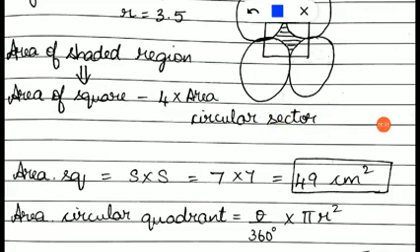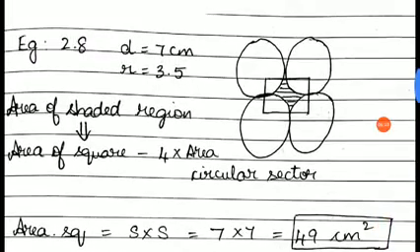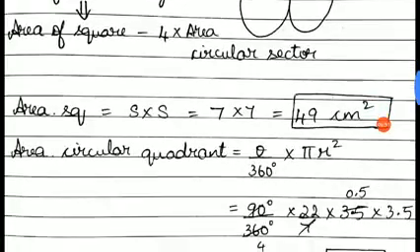Okay. Now, area of the circular quadrant. The word sector is given, so which formula should we use? Theta by 360 into pi r square. The value of theta is 90 degrees, divided by 360, into pi value we know 22 by 7 or 3.14, and the radius value also we know. So can we directly find out the area of the circular quadrant now? Let's substitute: 90 by 360 into 22 by 7 into 3.5 into 3.5. Because they are asking for the radius value here, we cannot directly write this 7 centimeter. We have to divide it by 2 and write it as 3.5.